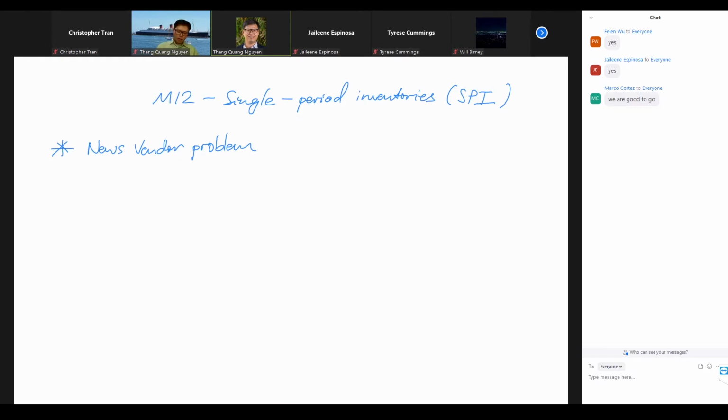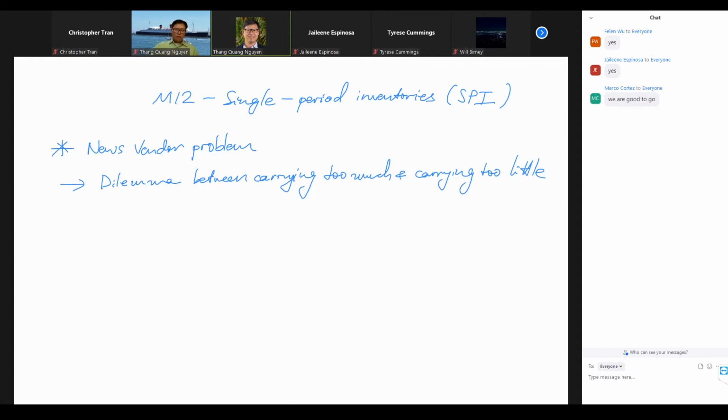So the news vendor problem is the dilemma between carrying too much and carrying too little, right? And we call it single period inventories because they only have 1 day to sell those newspapers. The next day is nearly impossible to sell. Okay,